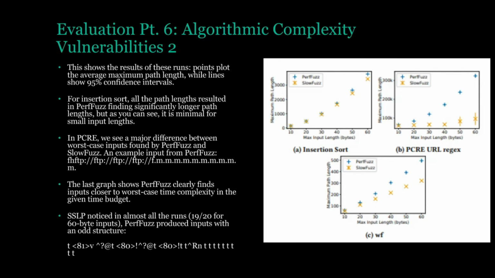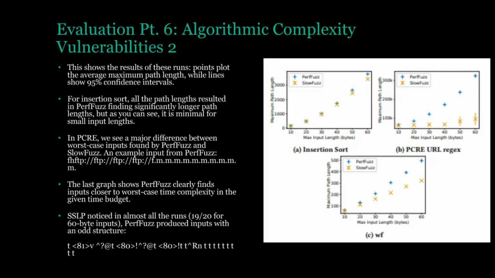Looking at the PCRE graph, we can see that SlowFuzz performance has a large variation, with the vertical line down near the 60 being so long on this test. This indicates that any real progress that SlowFuzz made was likely luck, as remember that SlowFuzz mutates its inputs randomly, so it is lucky that it got far enough to be superlinear instead of staying regular linear, I guess would be the way to say that. And the last graph shows PerfFuzz clearly finds an input closer to the worst case complexity in the given time